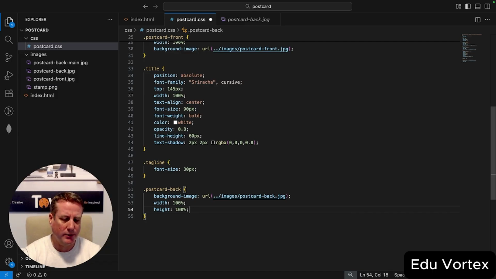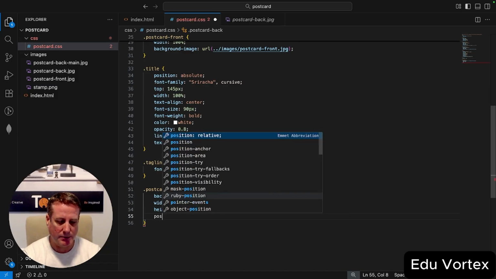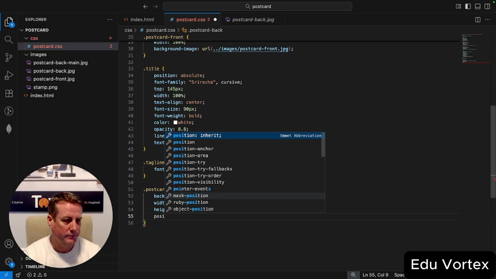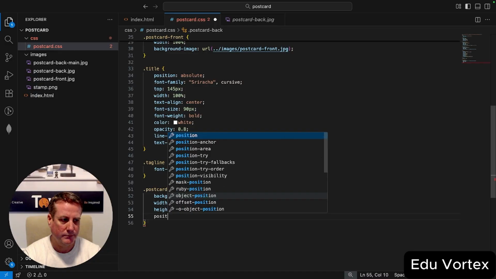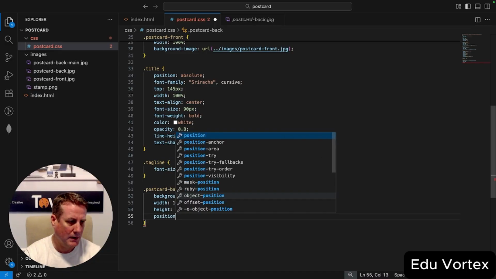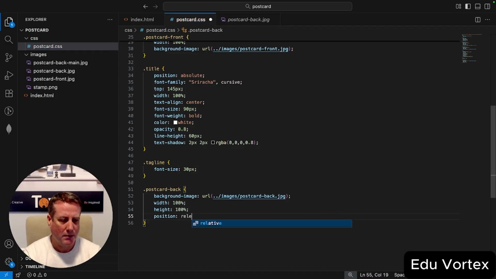I'm also, for good practice, going to make this position relative. I might change that here in a bit, but for right now, that will be fine. Okay. So now if I go take a look,